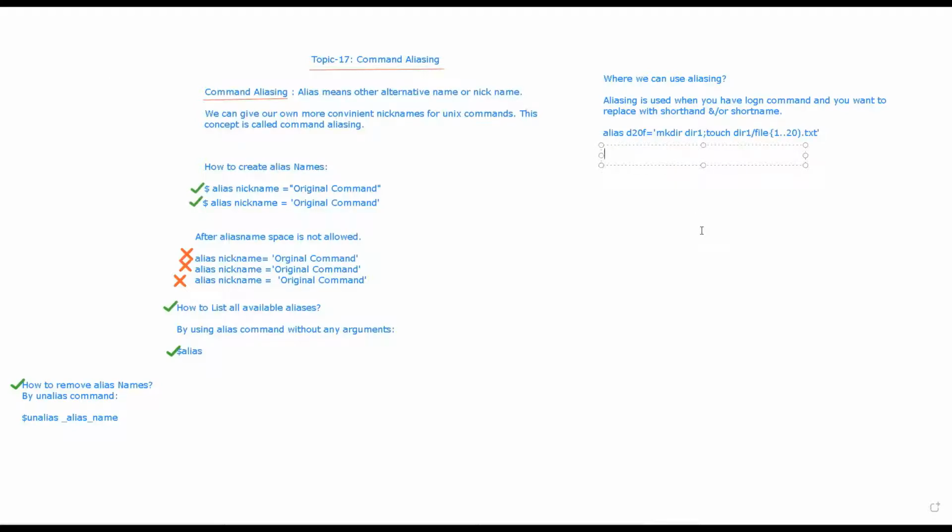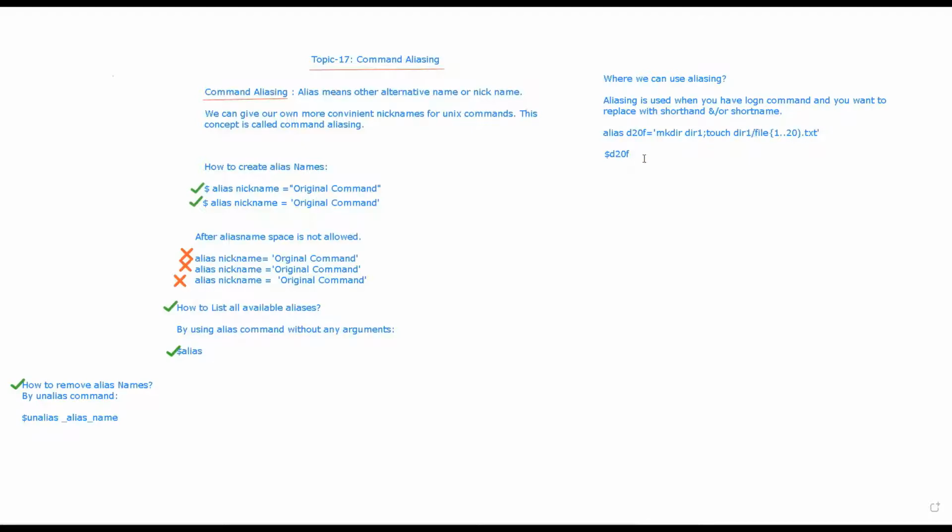Now if I want to use that alias name, how can I use it? I can use d20f, right? By using this shortcut, you are actually executing this command, which means you are creating dir1 and creating the 20 files under dir1.